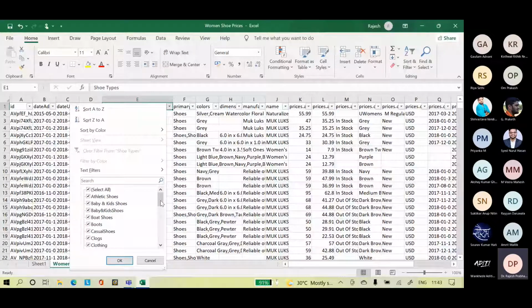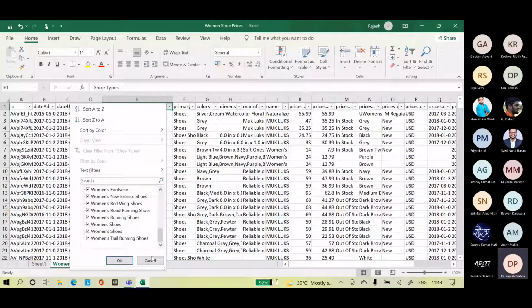You have athletic shoes, babies and kids shoes. Oh, duplication is there again. Women's shoes, women's shoes, running shoes, road running shoes, Red Wing shoes, New Balance shoes. All right, we'll remove the word women, then everything will go off.